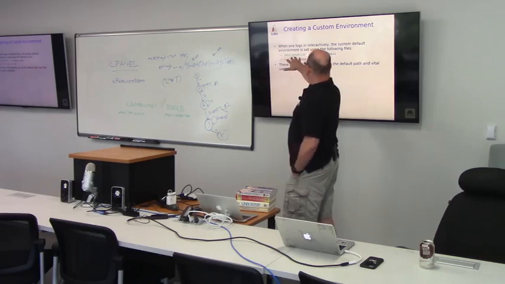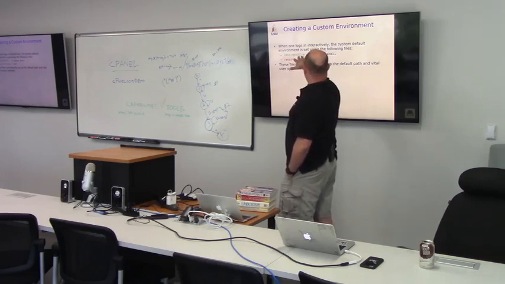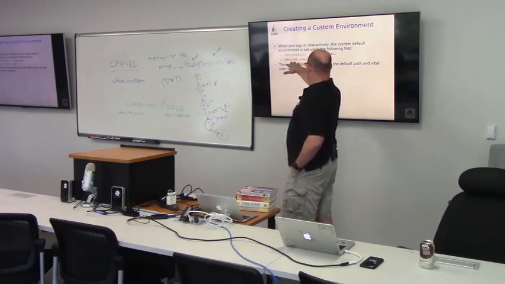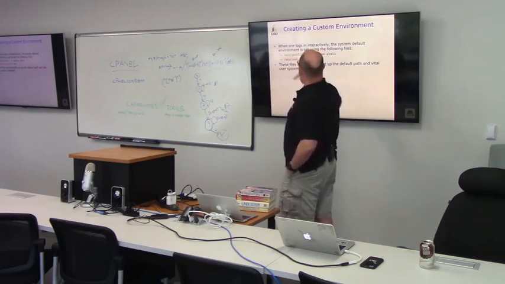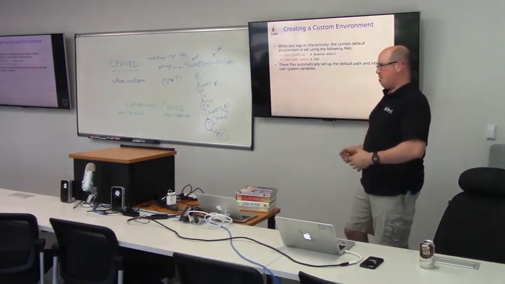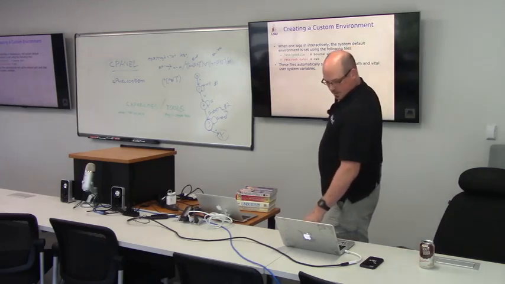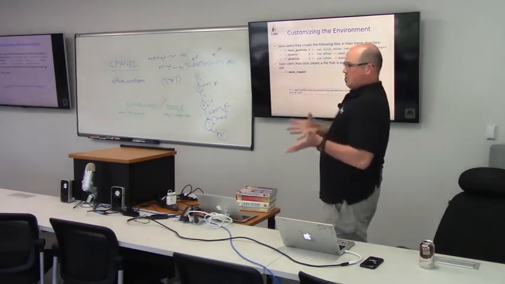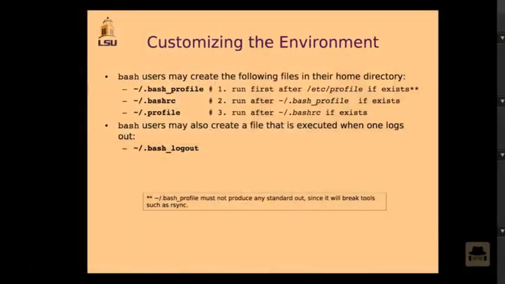/etc/profile gives the system administrator, and /etc/csh.cshrc gives the administrator, a global way to set profiles for anybody using these shells. And then if you yourself want to control your own environment, you've got a lot of options here. For bash, you've got .bash, and we call these dot files. This tilde right here references your home directory. So you've got .bash_profile.